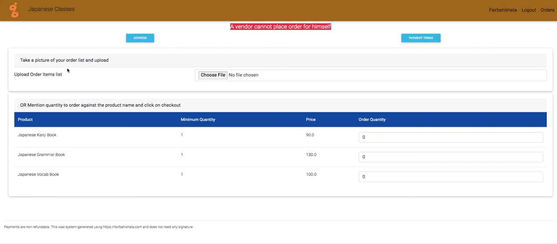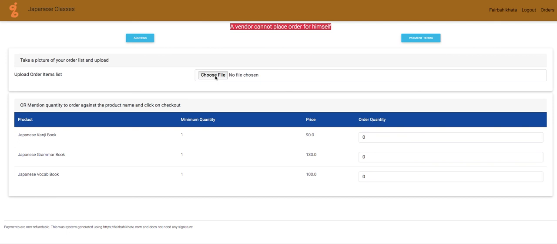So what the customer is going to do is receive the prescription from the doctor. He is simply going to take a snap of that, choose file and upload that snap. On mobile it will also open up the camera. When he places the order, the original order will be of zero amount, because at that point the customer simply doesn't know what the price of everything, the total and the GST will be.